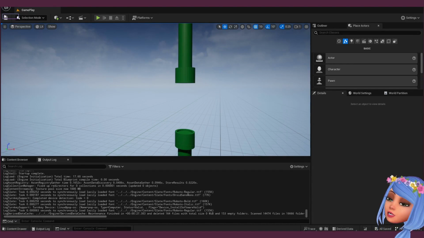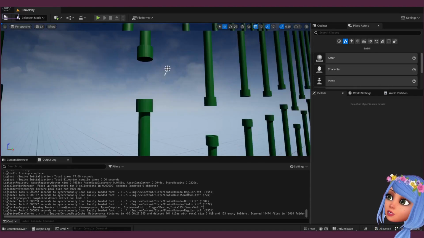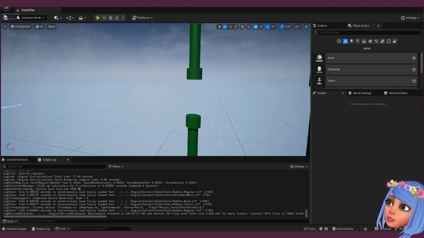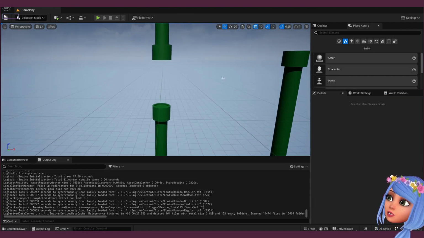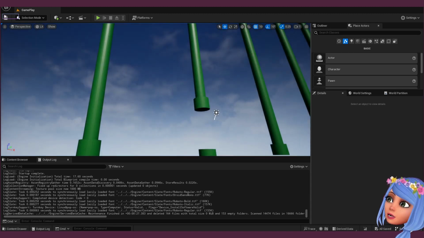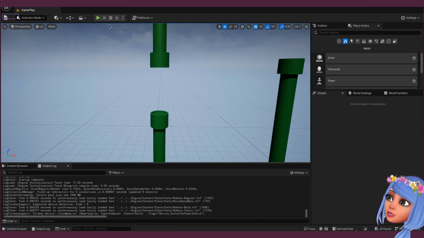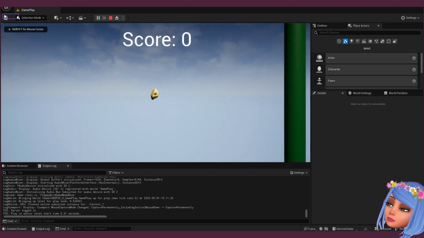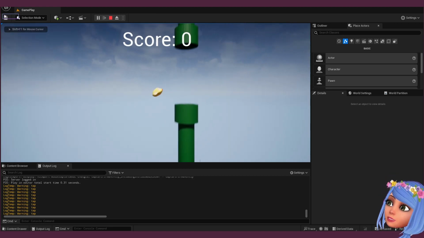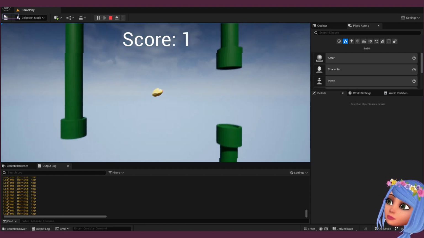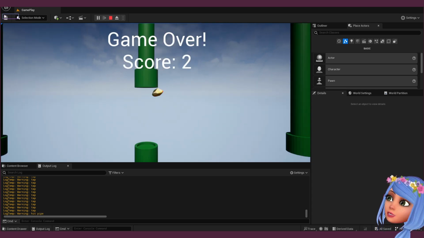Okay, welcome to the third and hopefully last part of developing the Flappy Bird game in Unreal Engine using C++. Let me quickly recap what we did. So this is the game, and it's almost ready.